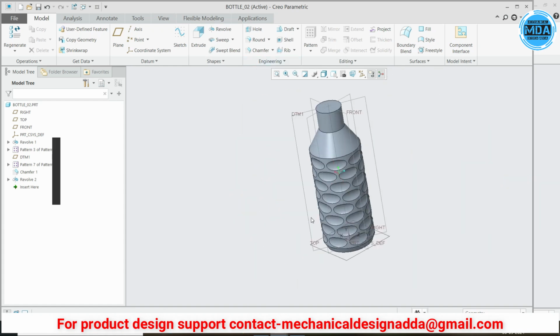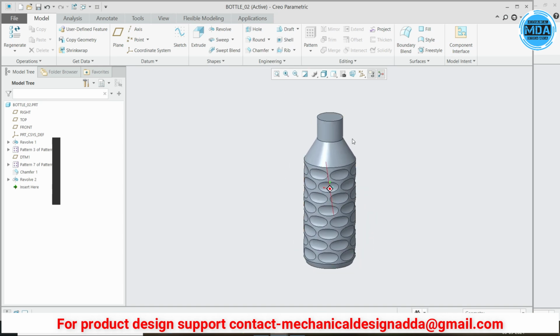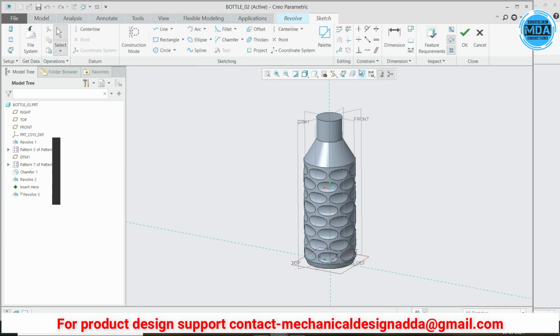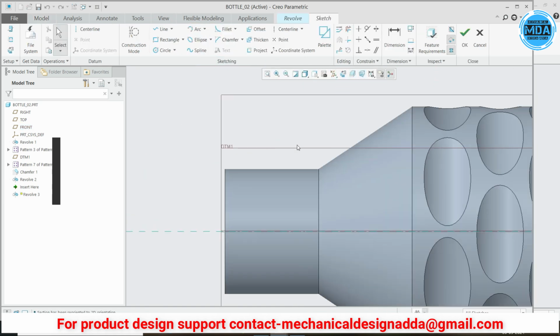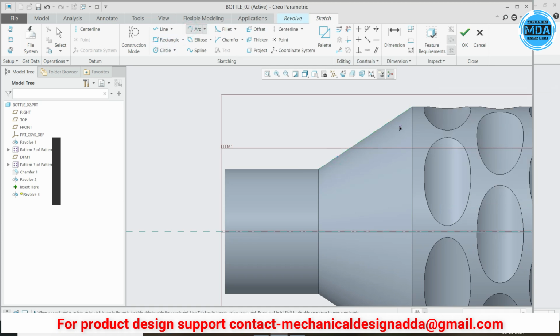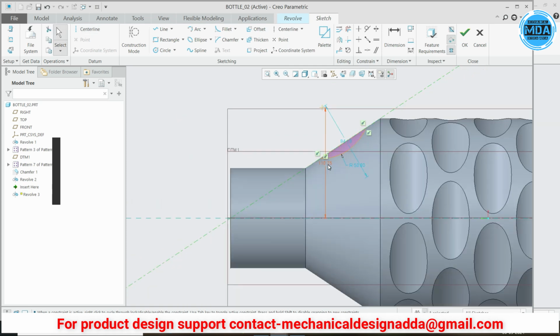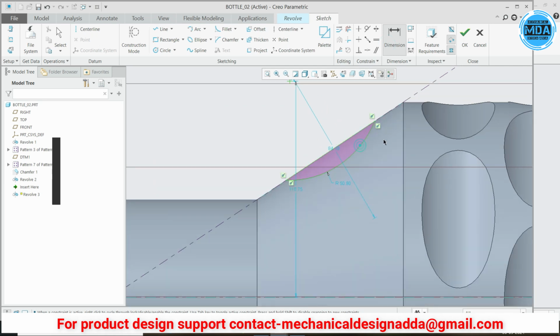So now we will smoothen this geometry, or else you can add another revolve feature to get the proper look of this border. So I'll just add here a small cutout like this, okay. And for that purpose, this is the axis we need. So we'll keep the same distance here. Remember, we need to properly dimension this